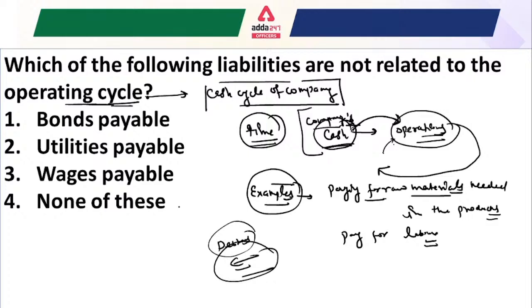So in this question, multiple options are given, and the right answer is that bonds payable are not related to your operating cycle. Because if you're talking about utilities payable, utilities like electricity and water, whatever expenses are necessary for your company or your factory, that comes under utilities payable. And